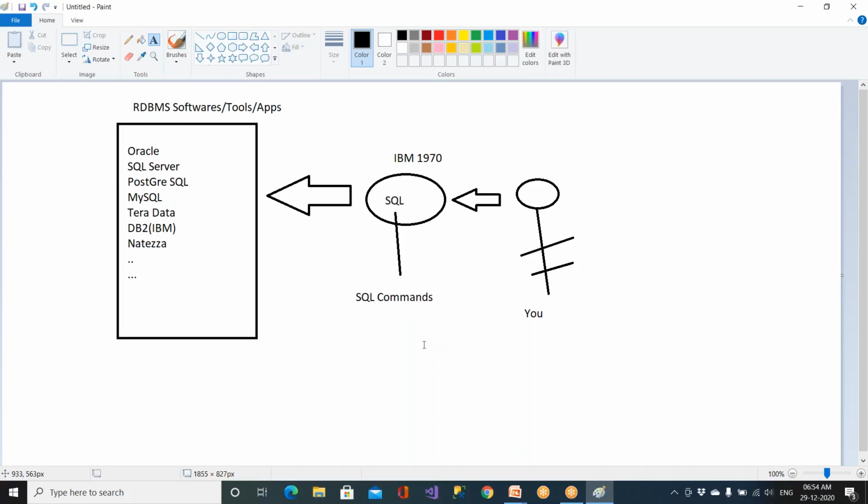So we are going to learn these commands from today. Clear? So SQL is a language. Be clear. SQL and SQL Server, both of them are not equal. If somebody says SQL and SQL Server is equal, then you can leave the training today, because I'm telling you it is not the same. Clear? SQL is the language that we are going to be using to communicate with Oracle, SQL Server, PostgreSQL, MySQL, Teradata, DB2, Netezza. So SQL is not a software. Be clear. SQL is a language which is used to communicate to the RDBMS softwares.